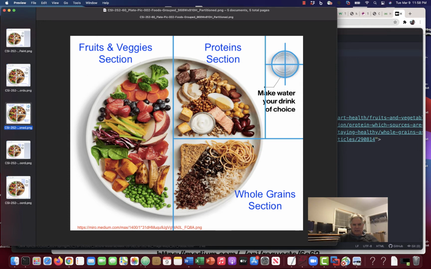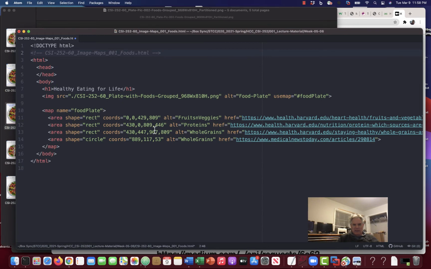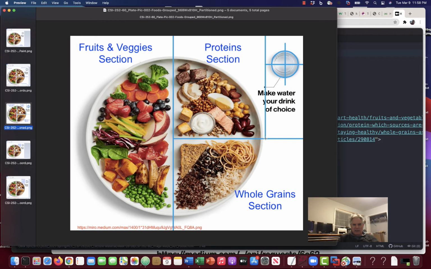It just happened to work out that way. So we go from 430 and 0, that's this upper left corner, to 809 over, and how far down? 446. So we go down to 446 here, and that defines this rectangle, and that is the rectangle for the protein